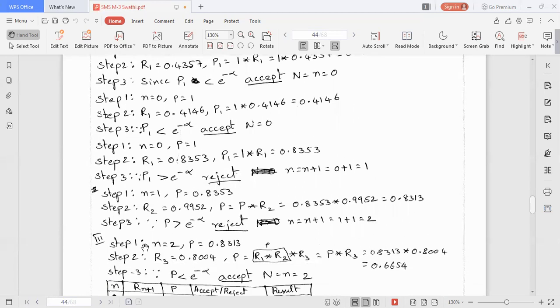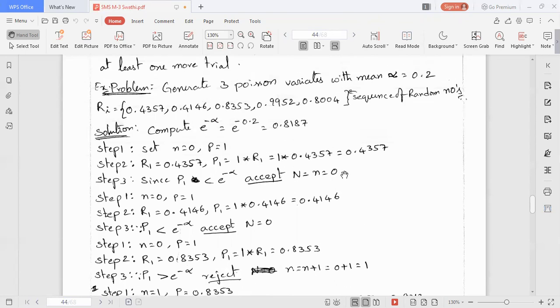Now we'll start again from step 1. N equal to 2. And what is the p-value? P equal to 0.8313 is the p-value. And we'll take another random number from the random number set, that is 0.8004.